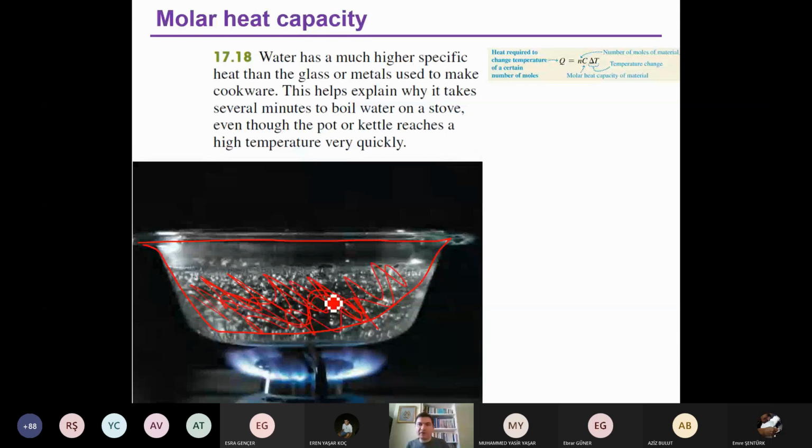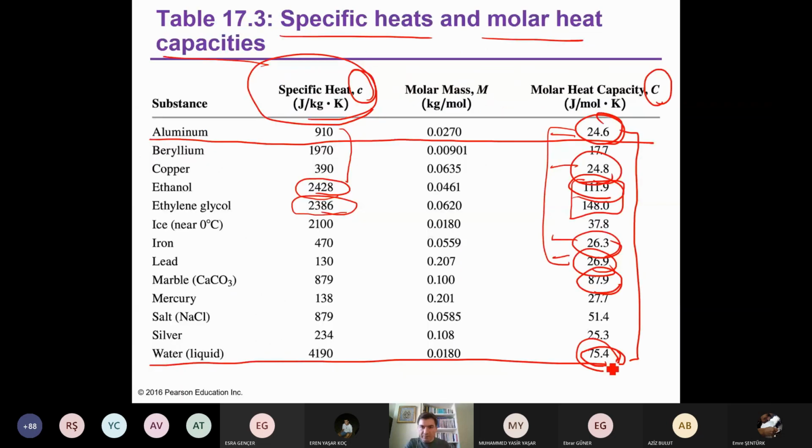I would like to increase the temperature of the water, and how much heat is required to produce this change in the temperature of water? Water has a much higher specific heat than the glass or metals I have discussed here. This is the water, and these are the metals. And water has more or less 3 times bigger molar heat capacity compared to the metals, and